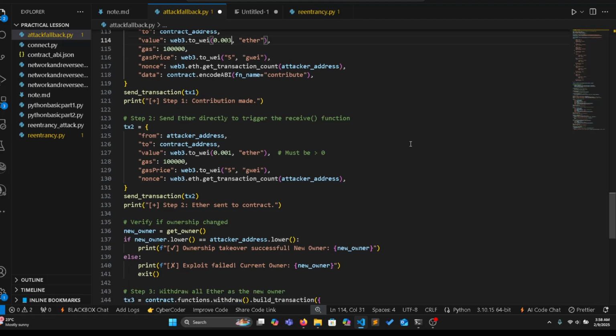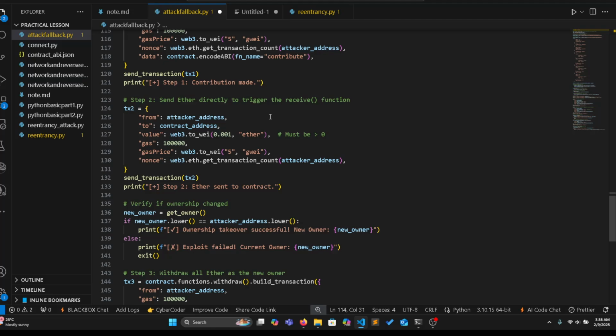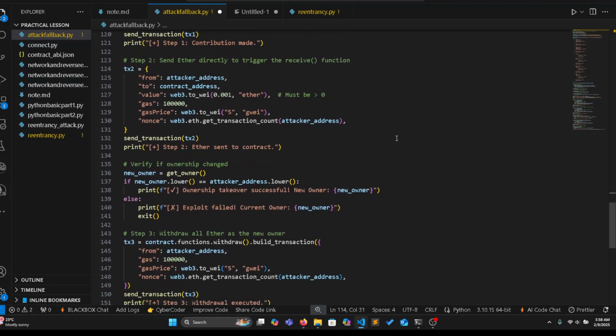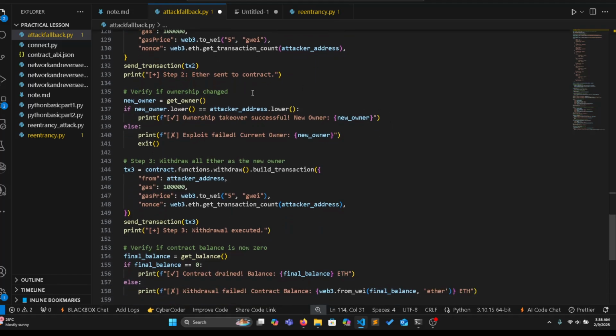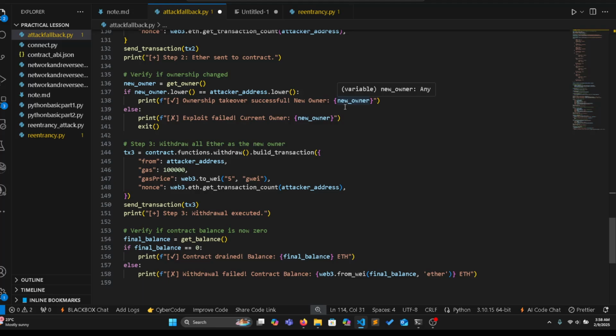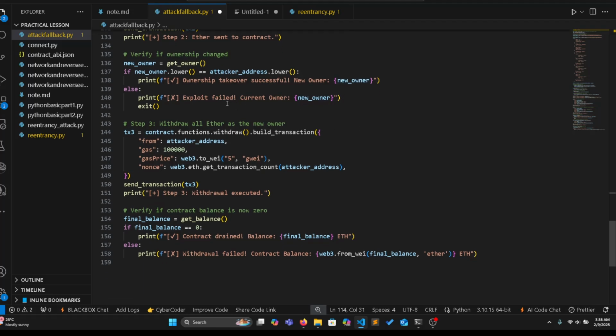And also I'm going to send directly to the account to activate the receive function. So I'm going to send from the attacker address another 0.001 ether. Transaction 2 is successful, so I'm going to verify the owner: if address 2 is sending ether, which is more than the amount, then the owner is going to be the new owner, and it prints out that the new owner is claimed. Otherwise, if not successful, it shows the exploit failed and the current owner address,